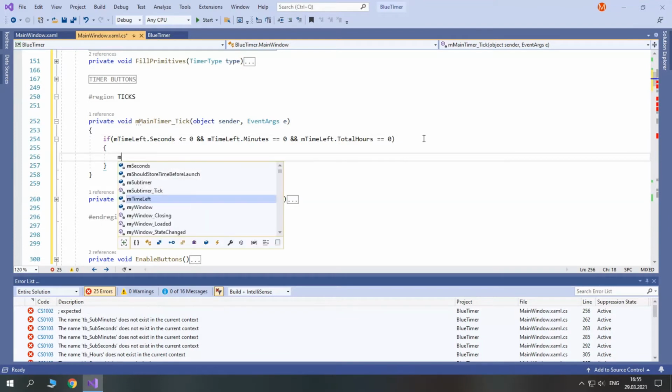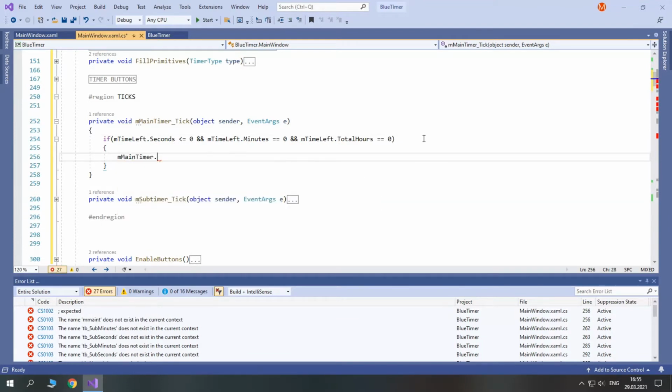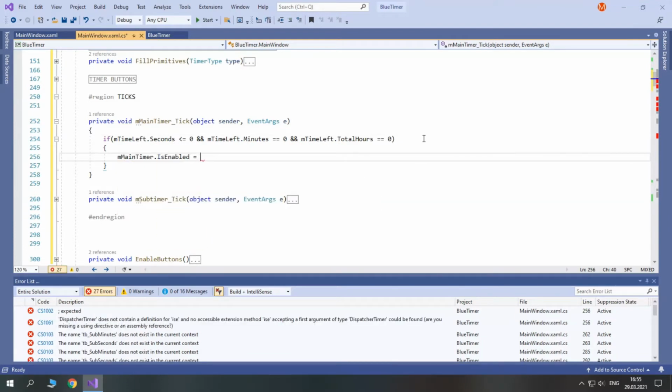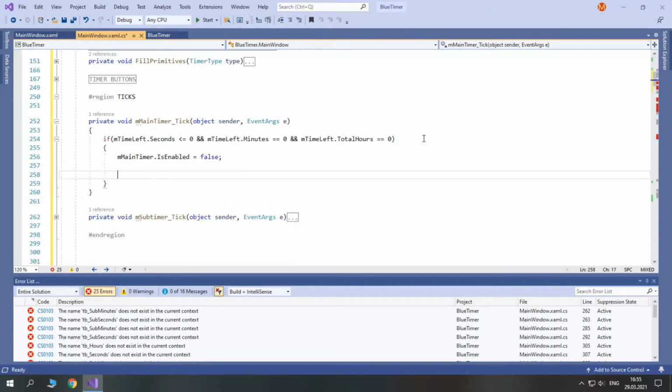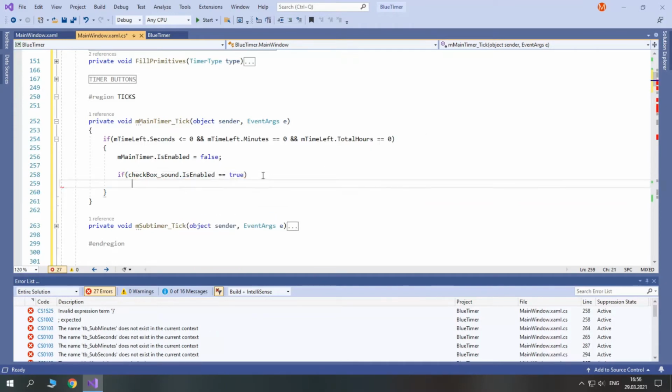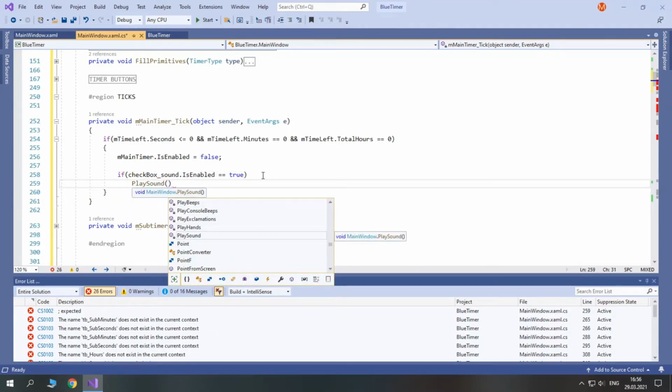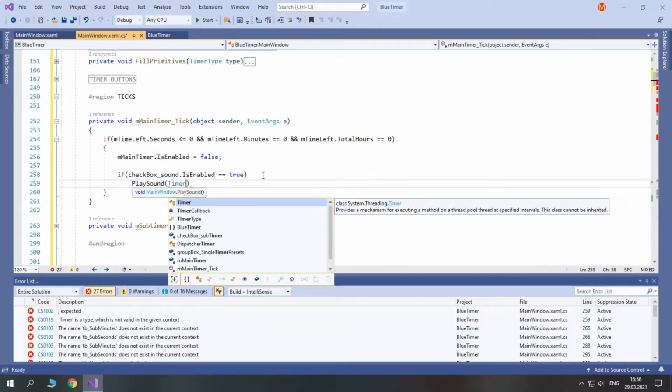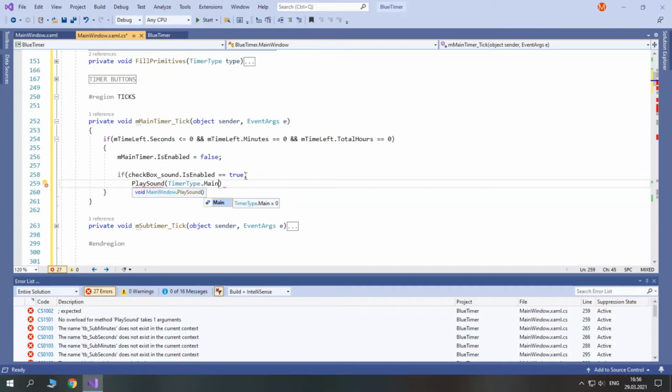Then we disable our main timer, main timer is enabled equals false, and then we check sound notification. So if checkbox sound is enabled equals true, we just play sound, and we'll need to specify timer type. We'll change our method later, timer type main, because we'll have a different sound for the main timer and a different sound for the subtimer.